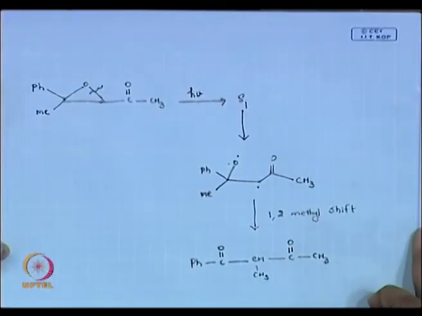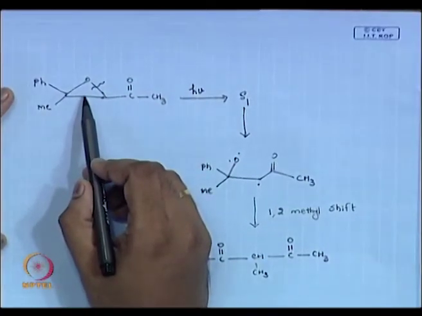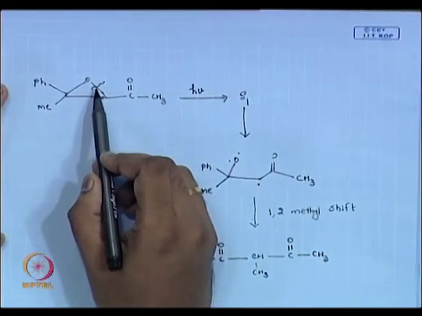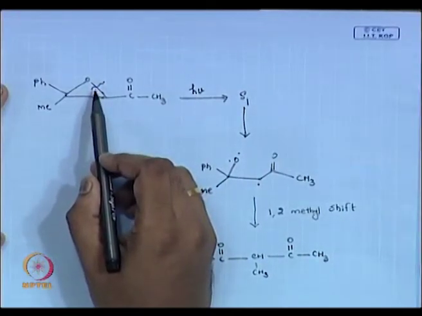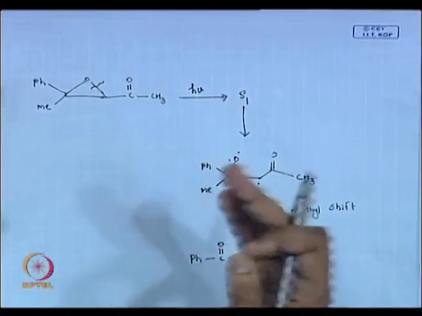Now we will see another example where you are not doing your 1,2 methyl shift. In the previous example, you want to break this bond, but this is the weakest bond, no? See stability, but your bond also plays an important role. Why does this energy transfer happen? Normally when the energy transfer happens, then your weakest bond breaks.